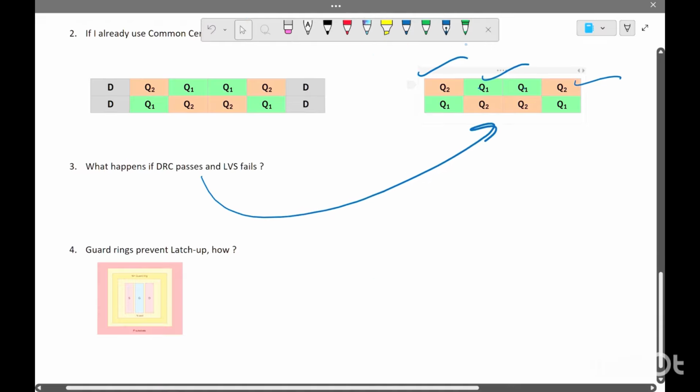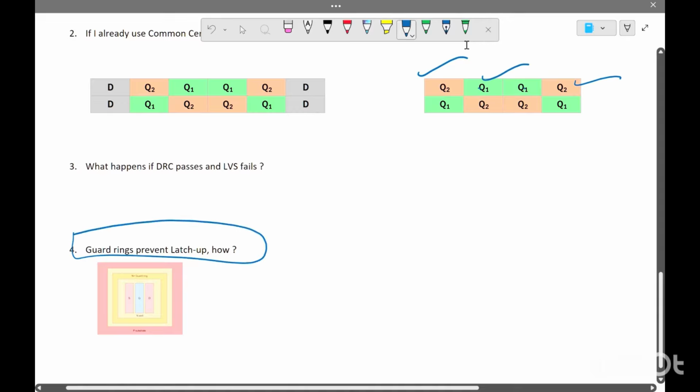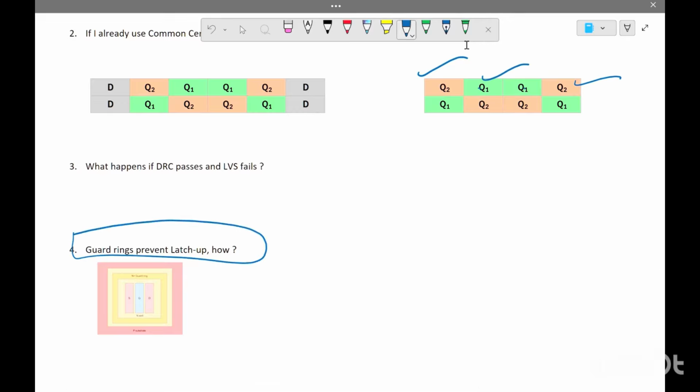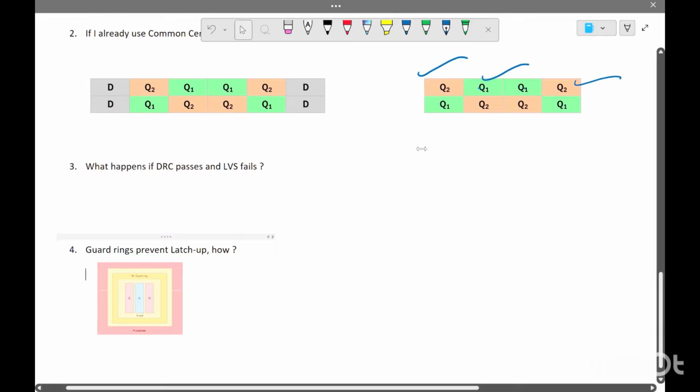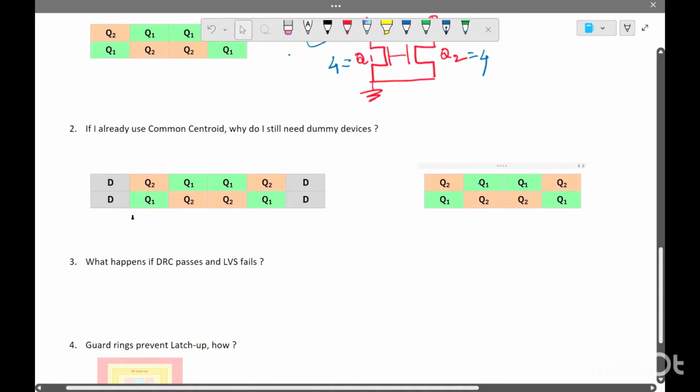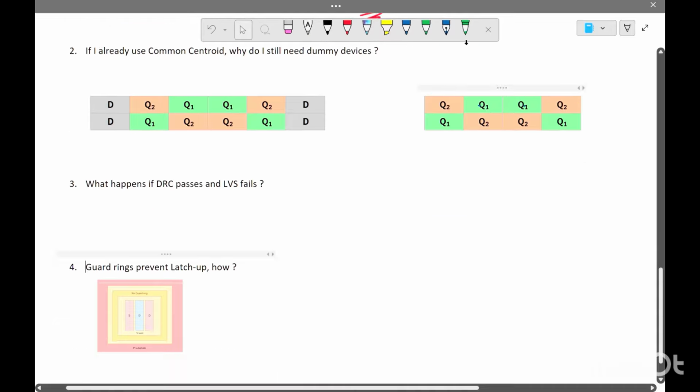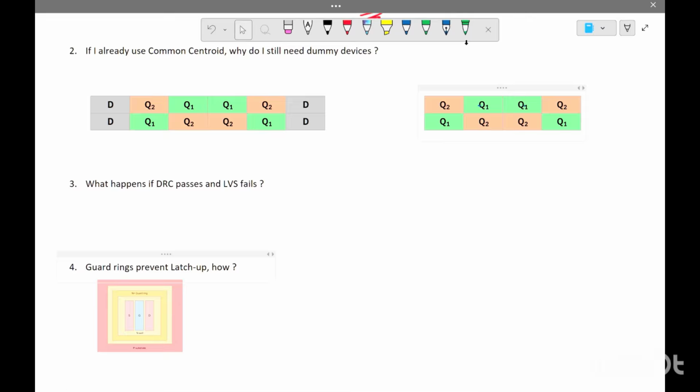The fourth question is, guarding prevents latch-up. How? When we draw the layout of this particular schematic, it will have all the routing of the metals done, so every routing will have the RC involved, the resistor and capacitor parasitics, right? So that will cause signal problems. Apart from that, this particular guarding